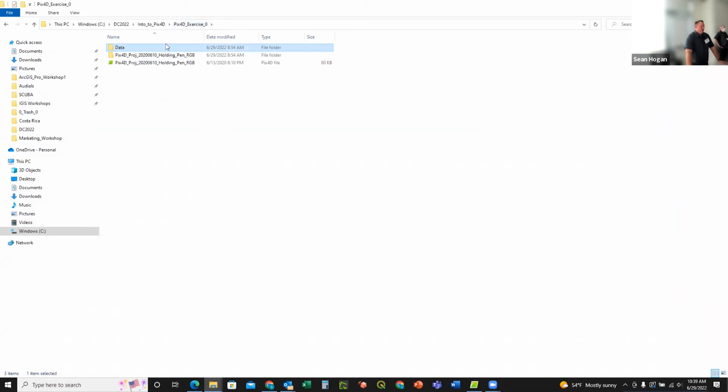Backing up now, Pix4D, I would really like it if Pix4D thought through their data products and their file structure better. It is not ideal, because once you process your data, you have to move it all over the place and rename it often to actually work with your projects. So inside of your Pix4D exercise